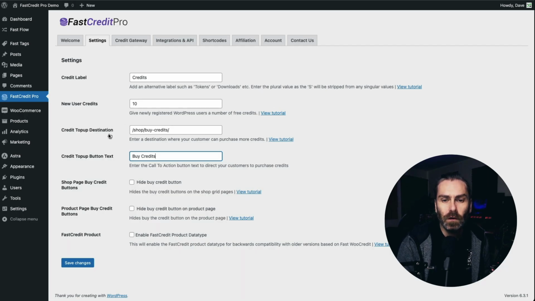So in this video we're going to be talking about the credit top-up destination, and you can see here on the FastCredit Pro settings we've got a field for adding a destination where basically customers can purchase more credits. Now this comes into play in a few different places on the site which I'm going to show you, and we've also got the credit top-up button text. So basically this is the text that's going to be displayed on the button or the link that I'm going